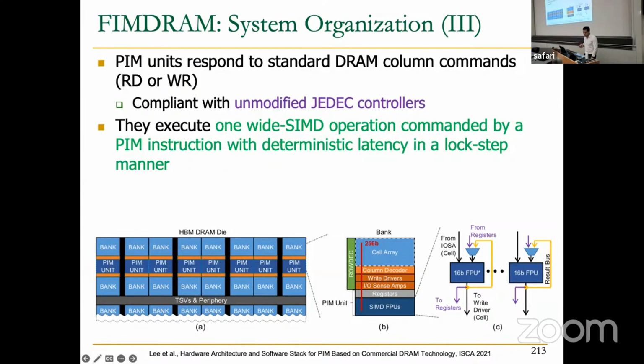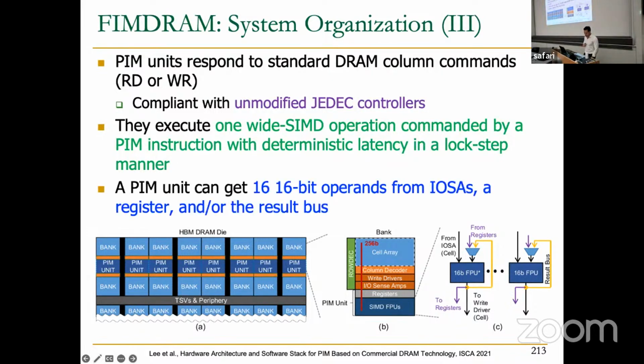And I'm going to talk a little bit more on those modes later on. As I mentioned, since this is in the I/O of the bank, the data in from this floating point engine is going to be as wide as the number of columns, the column size of the bank. So it's 256 bytes. If you divide this by 16, this gives 16 bits per FPU, because you have 16 of those 16 bits per FPU in the peripheral of the bank.